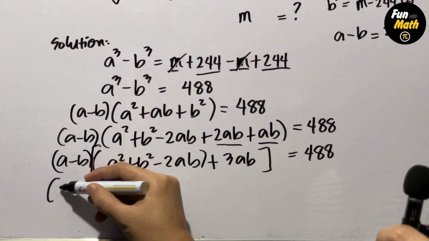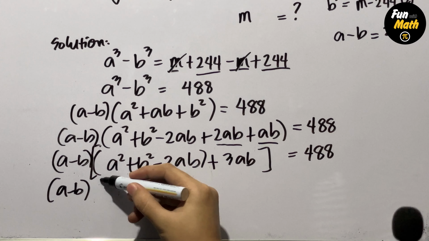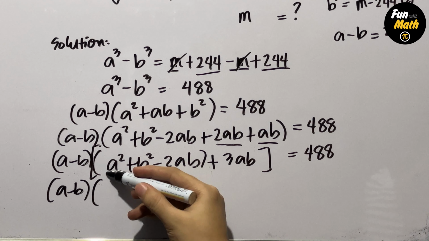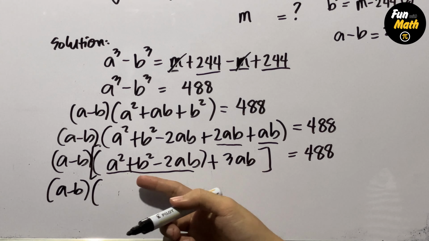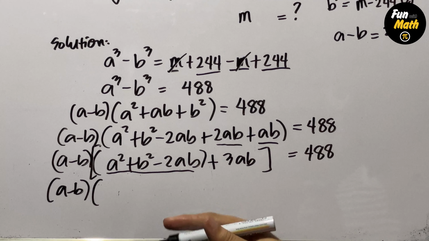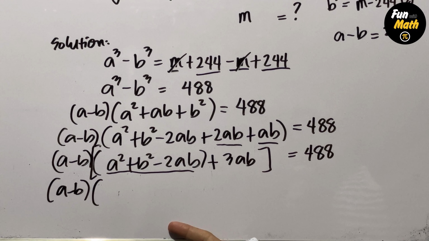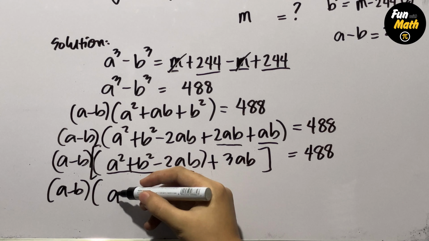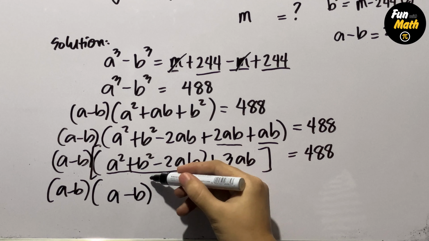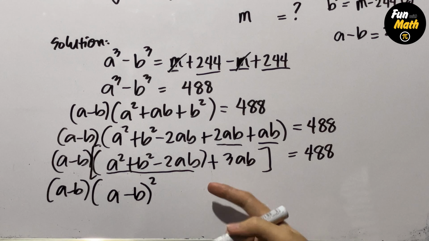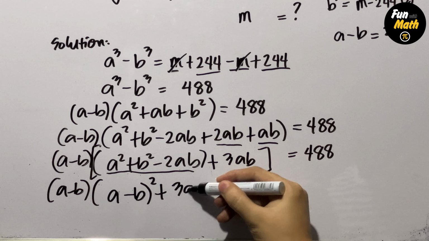And then a minus b times this group, a squared plus b squared minus 2ab. That's just an expansion of the identity a minus b squared. Then plus 3ab